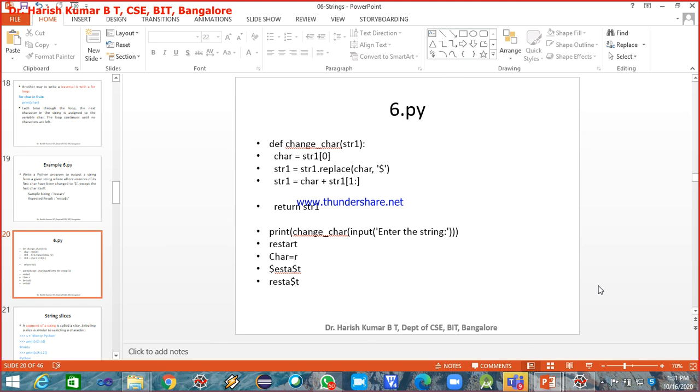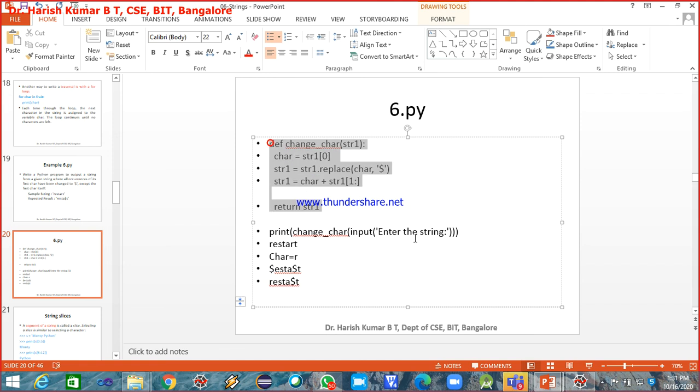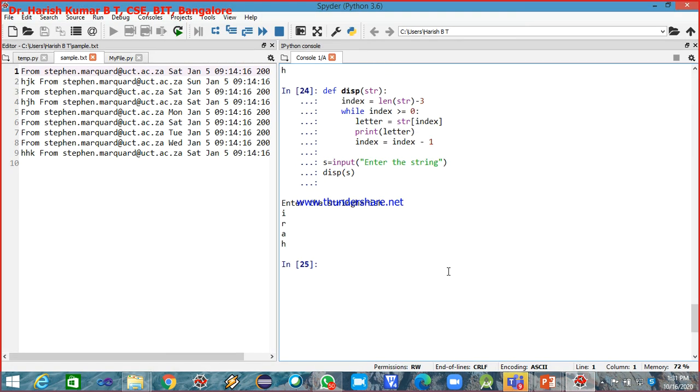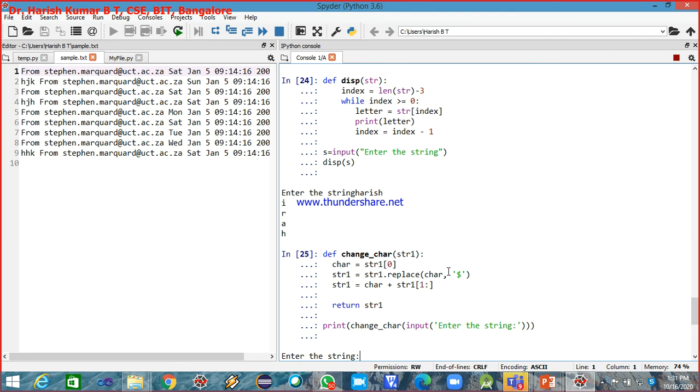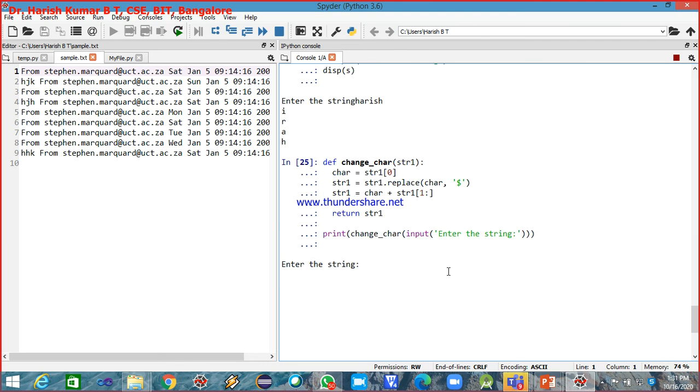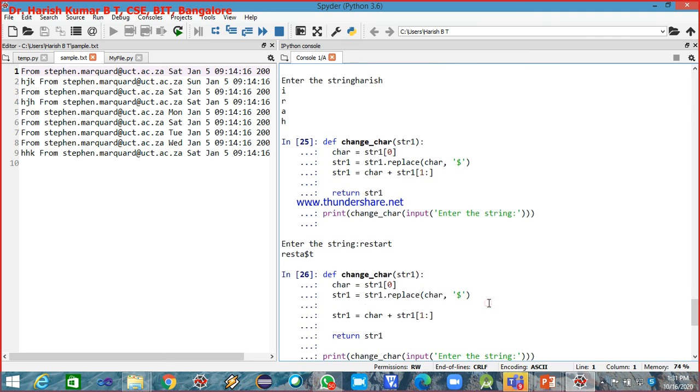Yes? Yes, sir. Okay. Now I'll execute this. So now we have to maximize the waveform. Enter this string. See the red line. It's a restart. It is done. Now after this also you can print. Let me print str1.